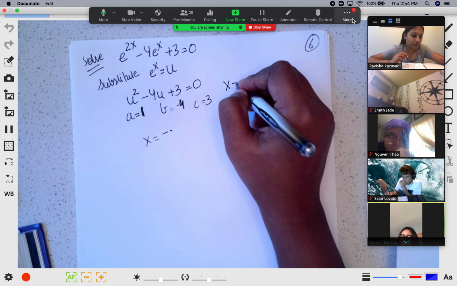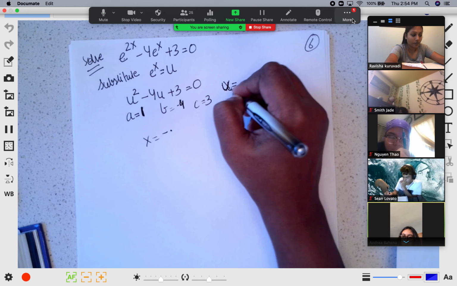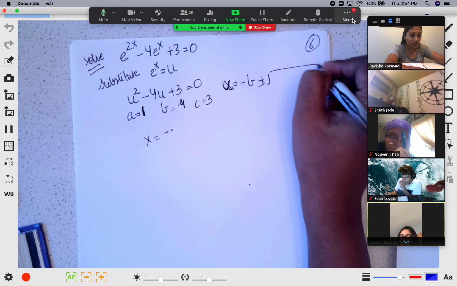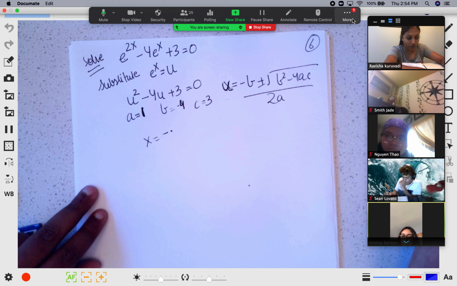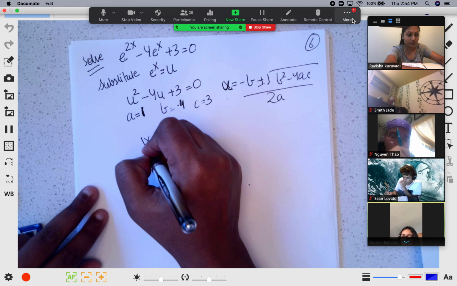Quadratic formula: x equals minus b plus or minus square root of b squared minus 4ac, over 2a. This was your formula. And here you don't have x, you have u. So you will get u is equal to